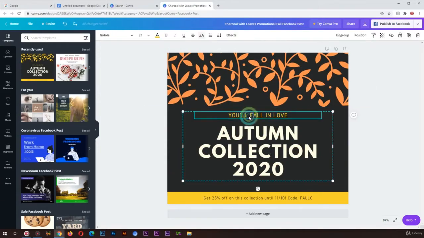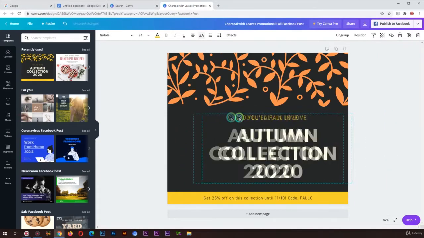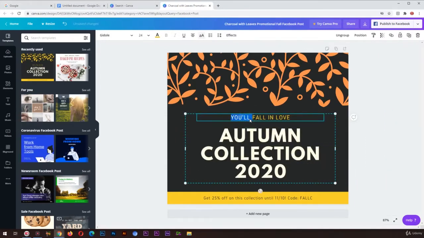Next is text. You can change the text by typing it. Here we go. You can change the font.